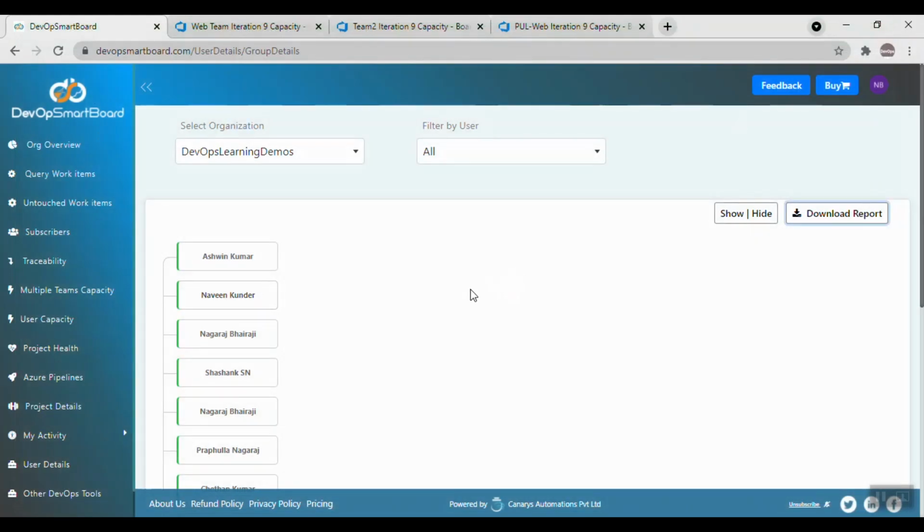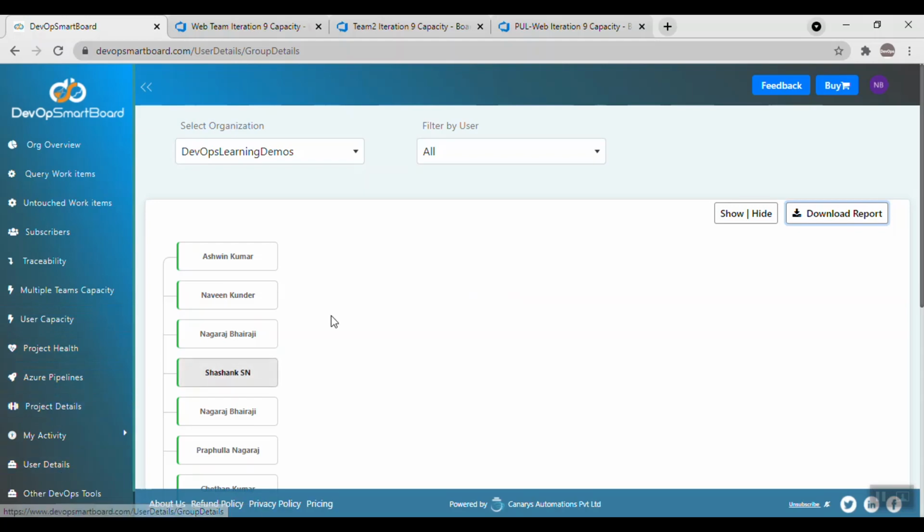So this was about the reports in DevOps Smart Board. We saw user capacity or the user effort, the total effort assigned for a user across teams, across projects. Then we saw the project details, which gives us the list of team projects with details like what template is being used, what the version control type is, the total number of work items created, and who the project admin is.